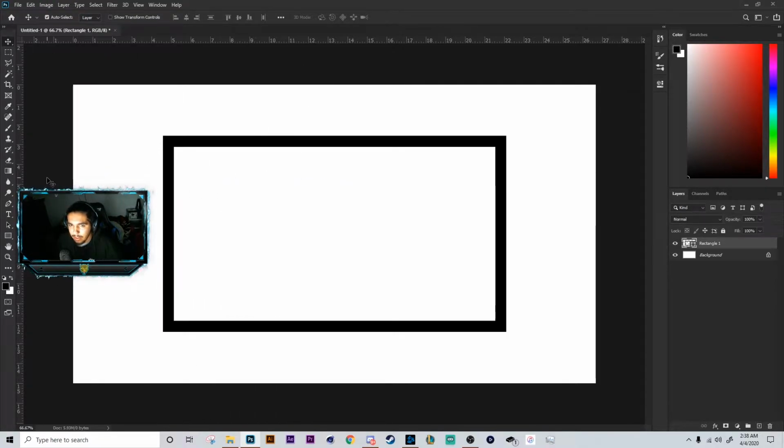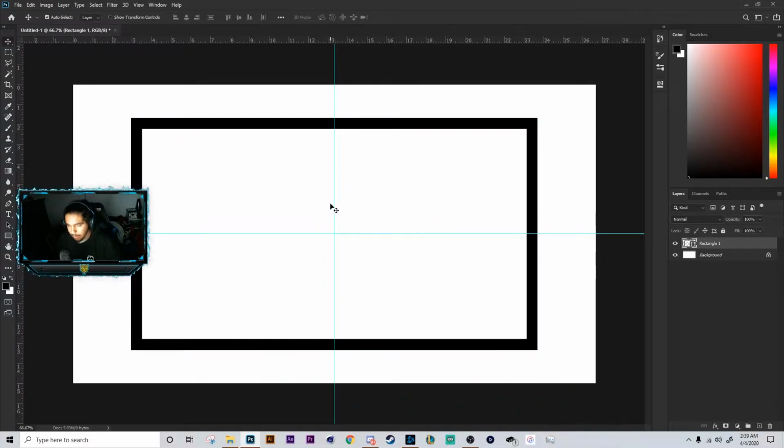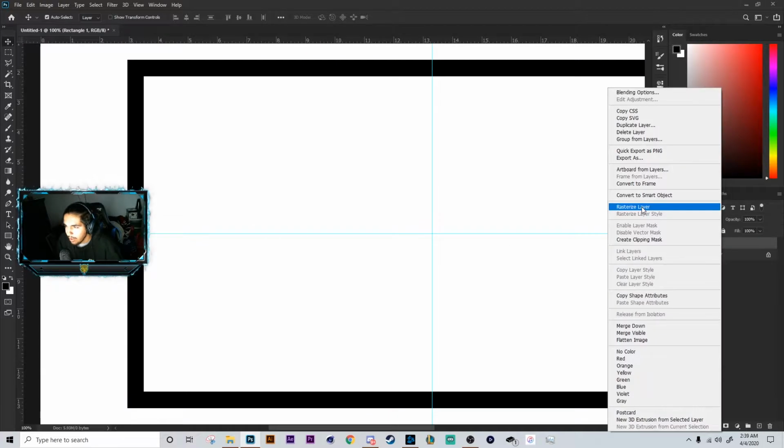You're going to press Control R to bring up the rulers, and you're going to drag it until it clicks in. So that's the middle. You're going to do that with horizontal and vertical. There you go. I'm actually going to make this a little bit bigger. Sometimes I like it a little bit bigger than that. It's going to show the purple line so it's centered. What you're going to do after that, rasterize this,